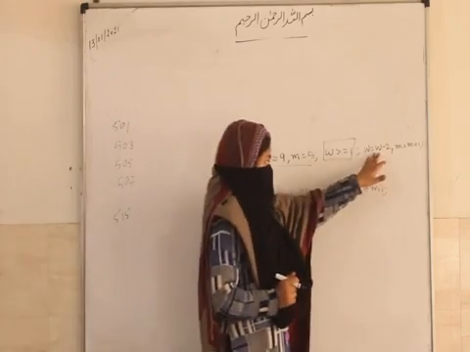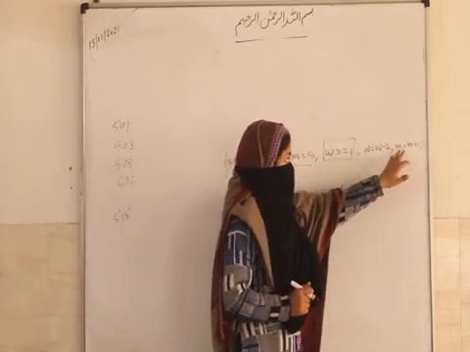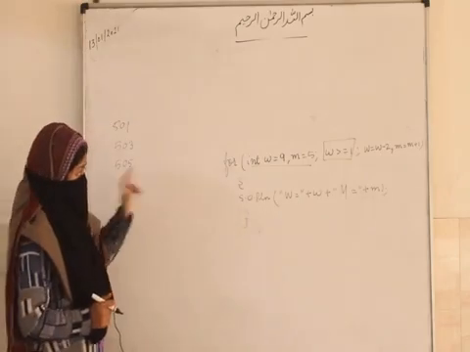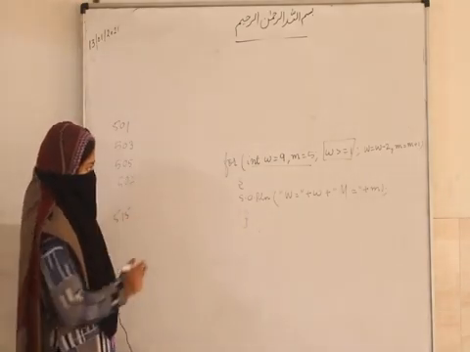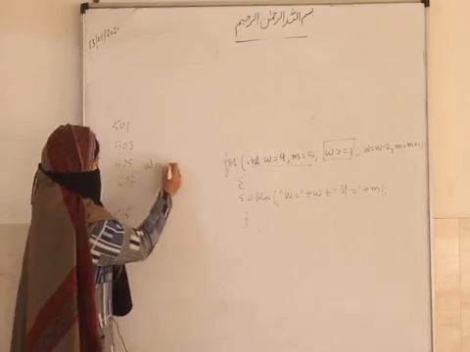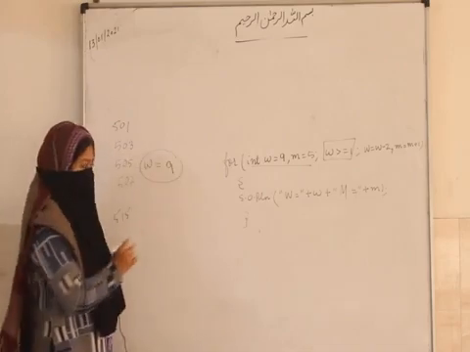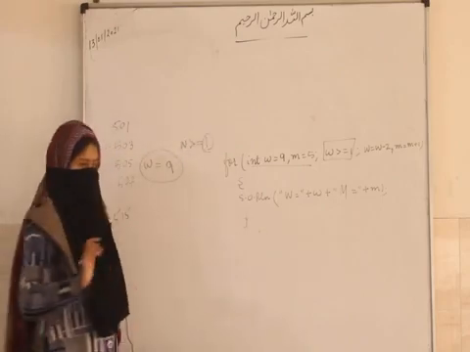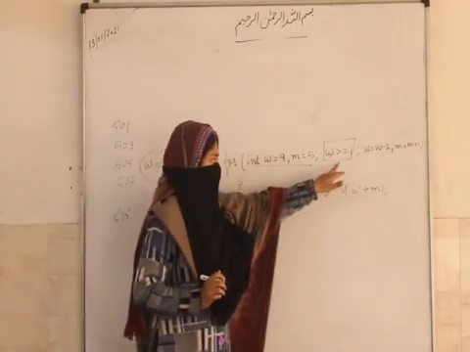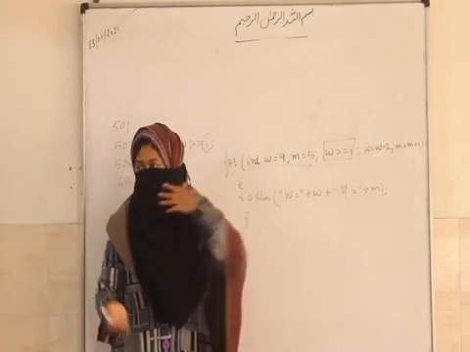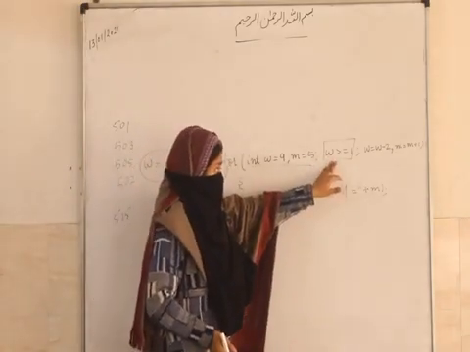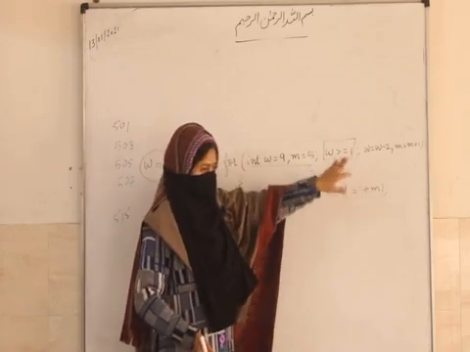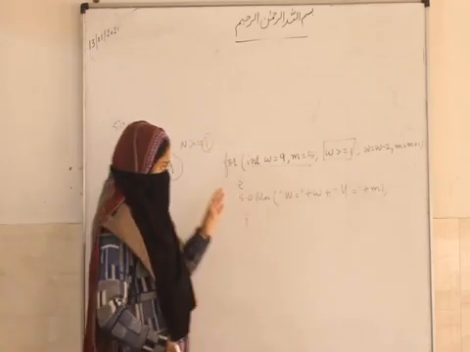For every iteration the value of W will decrease, and for every iteration the value of M will increase. First you tell me how many times this loop will execute. See, the execution of the loop depends on the value of W, because in the condition we have written that as soon as the value of W becomes 1, we will stop the loop. The loop will execute as long as the value of W is greater than or equal to 1. As soon as it reaches 1, the next step will not take place, it will stop.